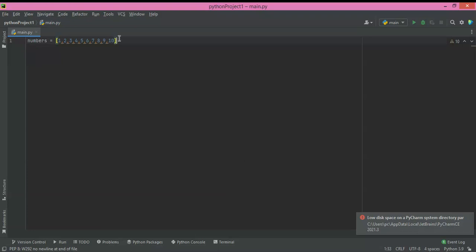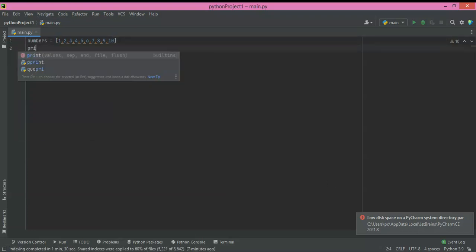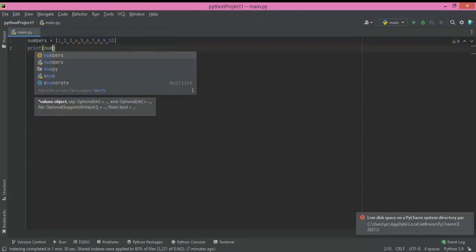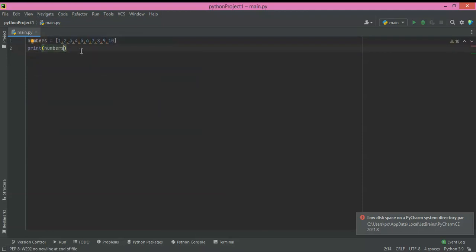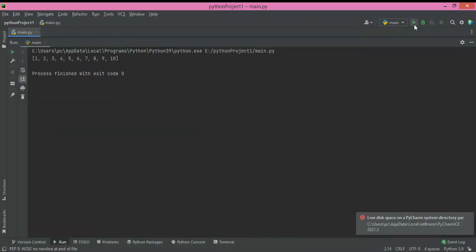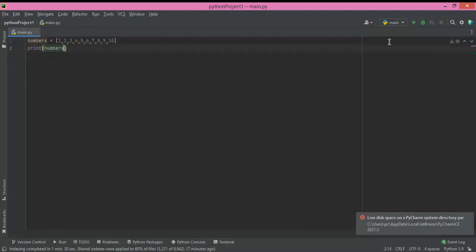Now I will simply use the print command, print, and I will call the name numbers that I have assigned, and now I'll simply click on run, and you can see that the list I have given has been printed. And now there is another example that I will use for names, and in this we will not print all of the numbers or all of the names in a similar manner. We will print them selectively.